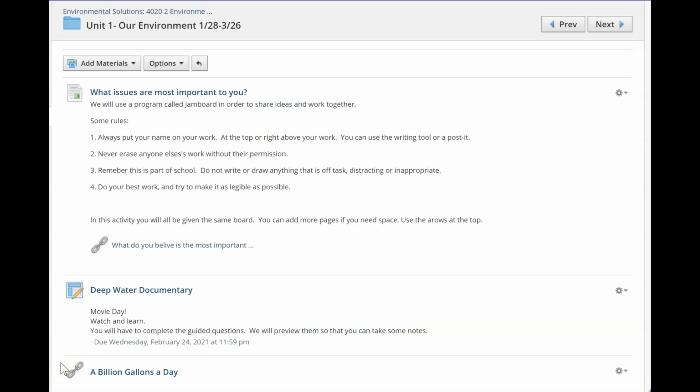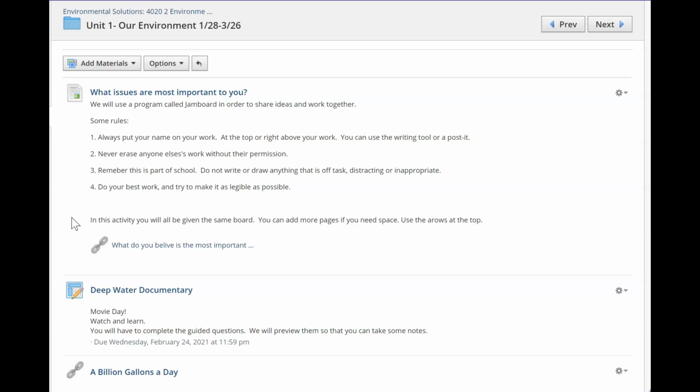Hi, so I'm going to show you a unit that I planned using the UDL framework. This is just one example of how I implement UDL into teaching with technology, and you'll notice as I work through this unit that there are 10 different activities and most of them tap into more than one segment of